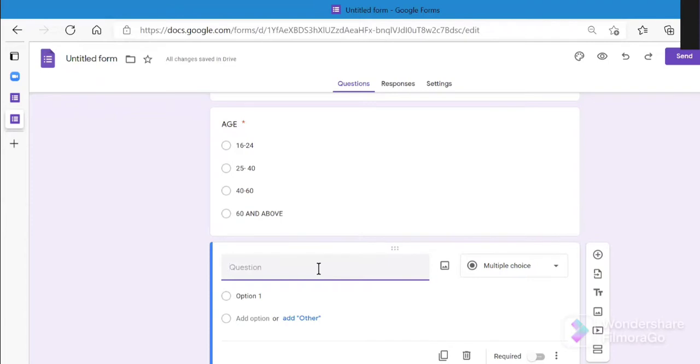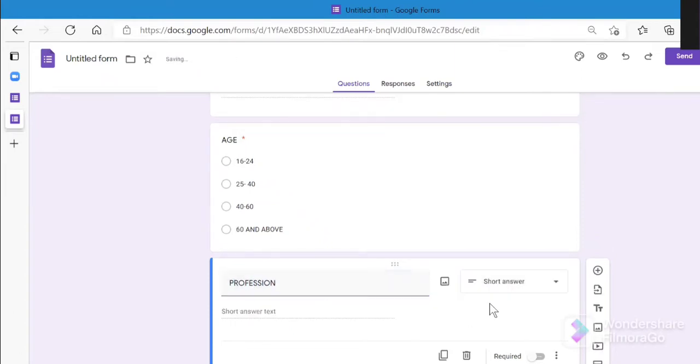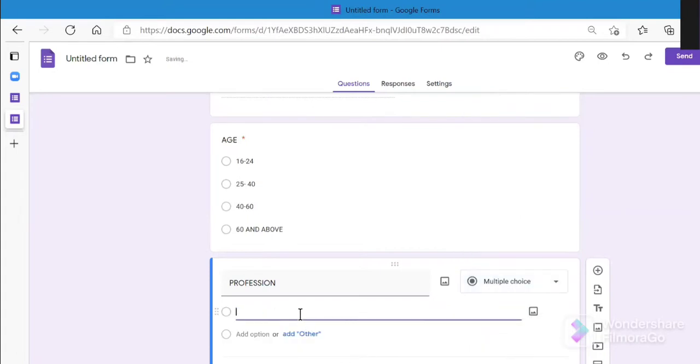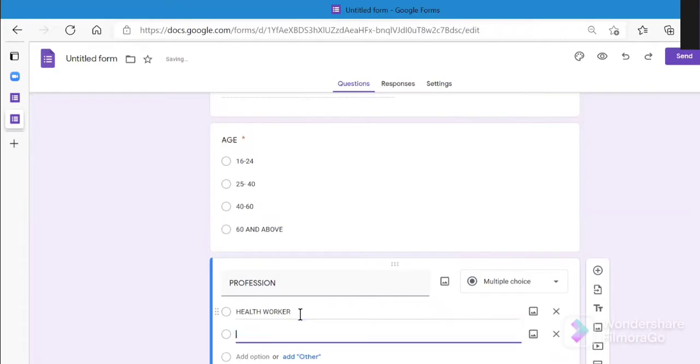Now, if you want to add region in the next question, or maybe profession, so I write profession. I can add multiple professions over here. It could be a short answer as well. If you just want to know what their profession is, you could simply do it like that, or you can write a few broad categories of professions, like maybe a health worker, or a government employee, and private sector,